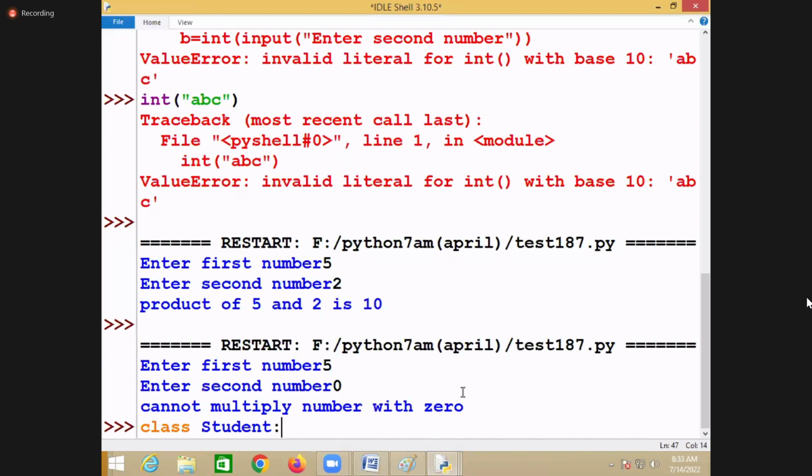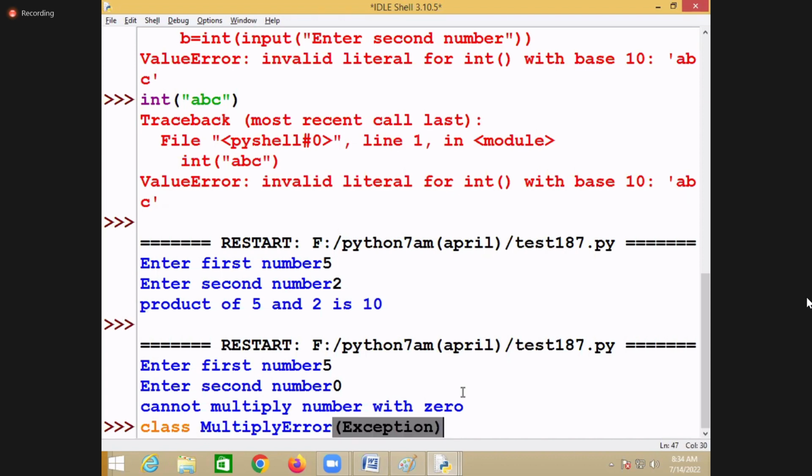In the same way, suppose I'm trying to write a class. What is the name of the data type? Employee. Employee is a data type name. In the same way, I try to write multiply error. What is the type of error here? Multiply error. So this multiply error inherits the properties of which one?